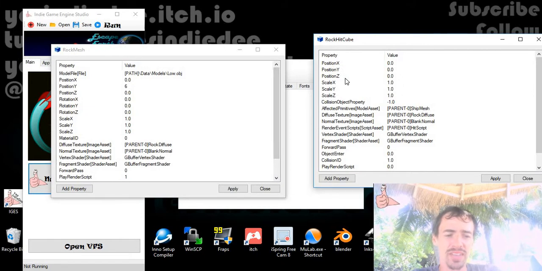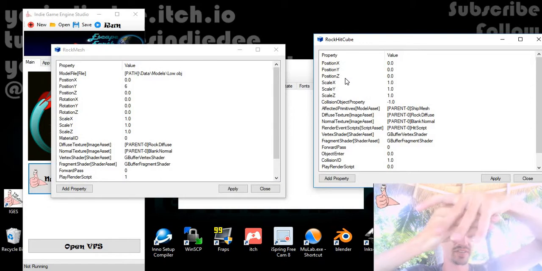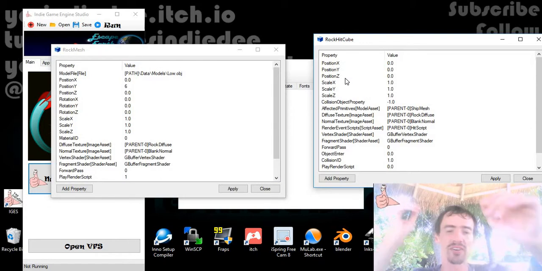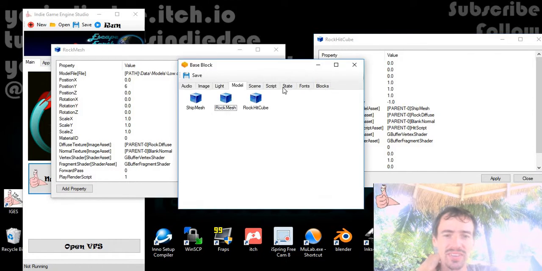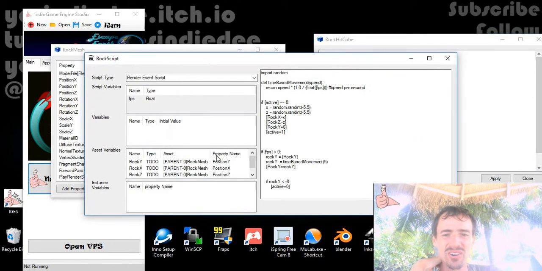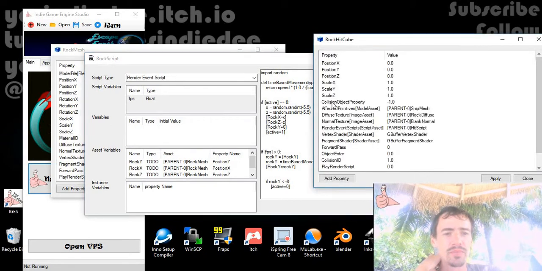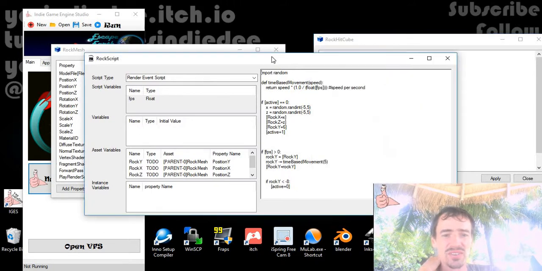And these need to be the same to put on the exact same point, so the surrounding is over the rock. You could do that in the script. We could go into script and go to rock script where we set up our rock. I could add in here the values, the position values for the rock hit cube, and I could just always make sure that on every frame the position of the rock mesh is the same as the position of